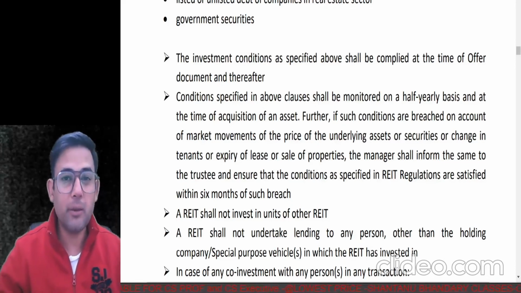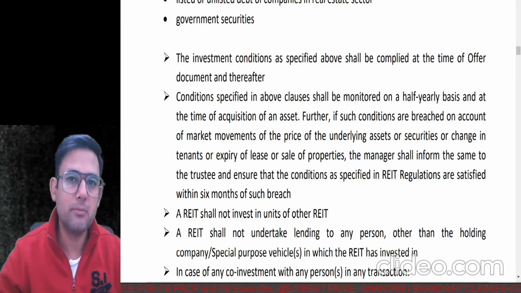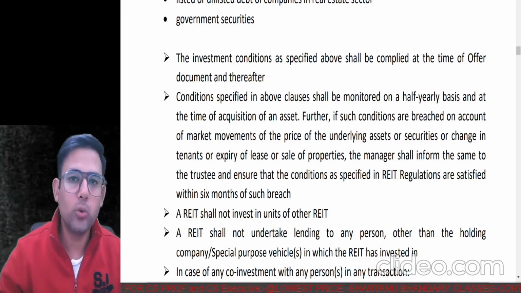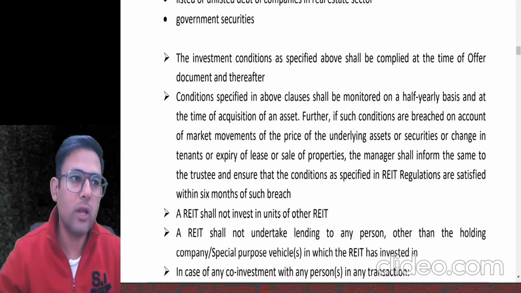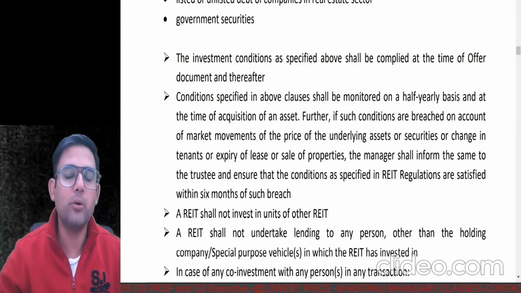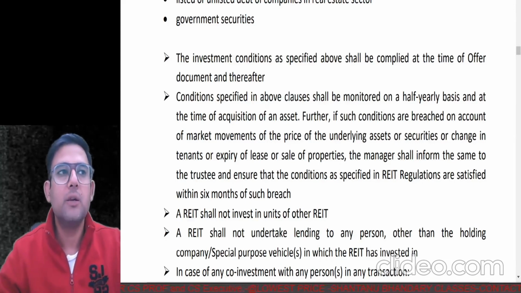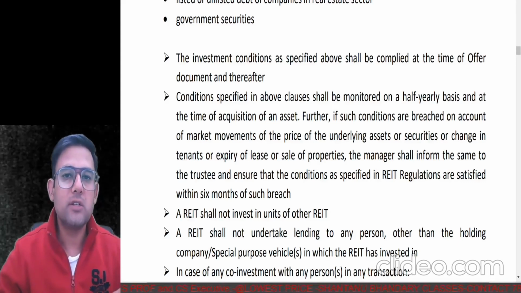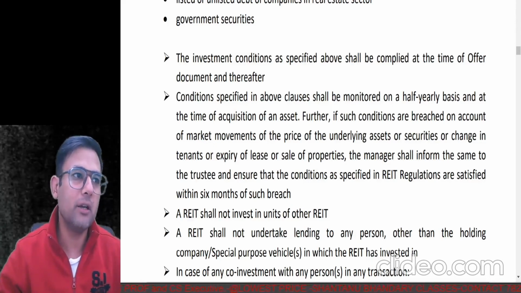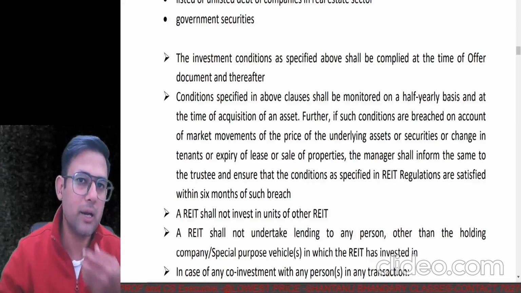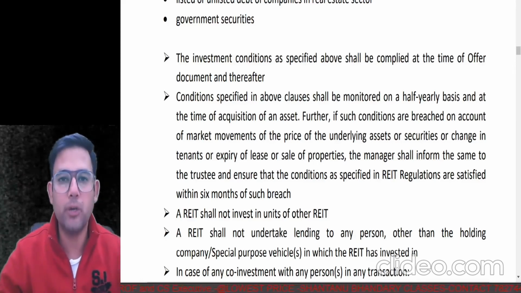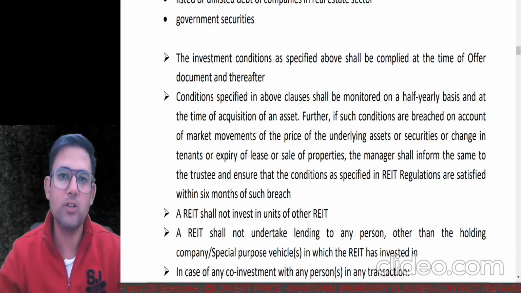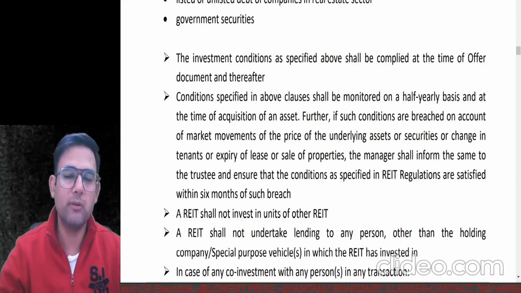Now, there may be situations whereby this balance may not be maintained. It could be 78 and 22, or it could be 18 and 82. This can happen because over a period of time, the value of the property in which the amount is invested may increase or decrease. Thinking practically, it is not possible every day to sell a property, to purchase a property, and to maintain that 80-20% throughout. It is not practically possible. So it says that